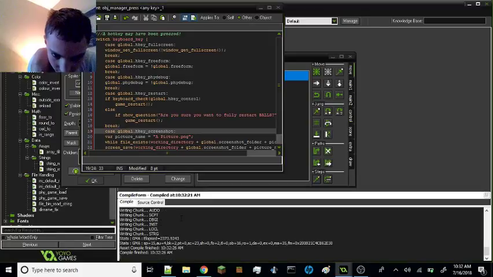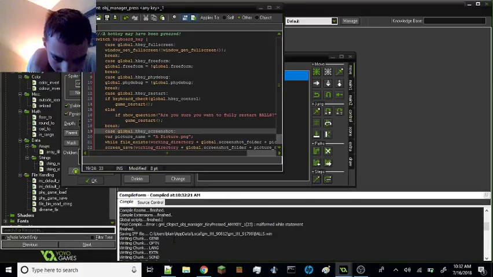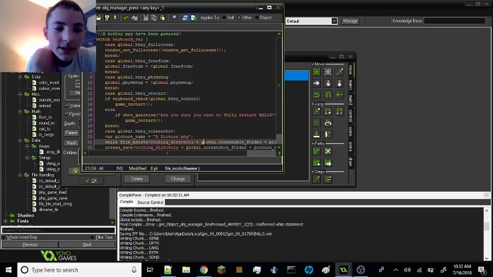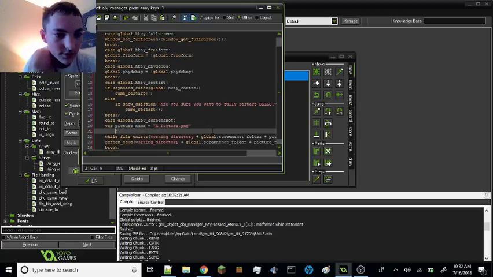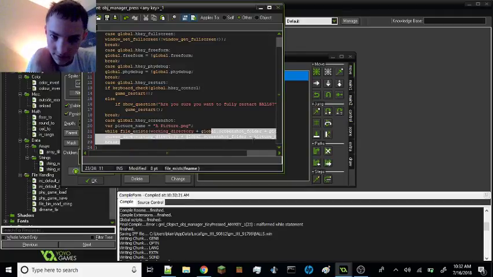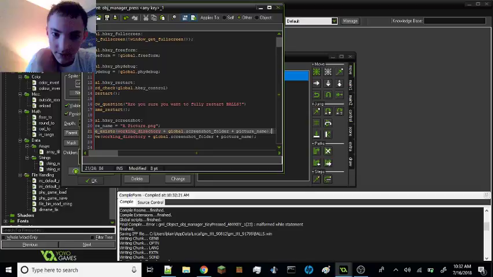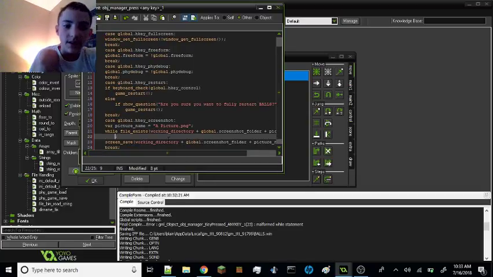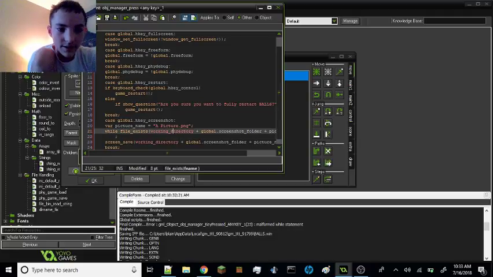Oh, error. Dang it! Why did it do that? Object obj manager, key pressed, any key 1, malformed while statement. Oh! For some reason it doesn't show a normal error when you have a malformed statement, such as an if statement or a while statement, and it's just because it has a semicolon at the end instead of an actual statement. I don't know why, but it's pretty weird. Okay, anyway, let's just try,